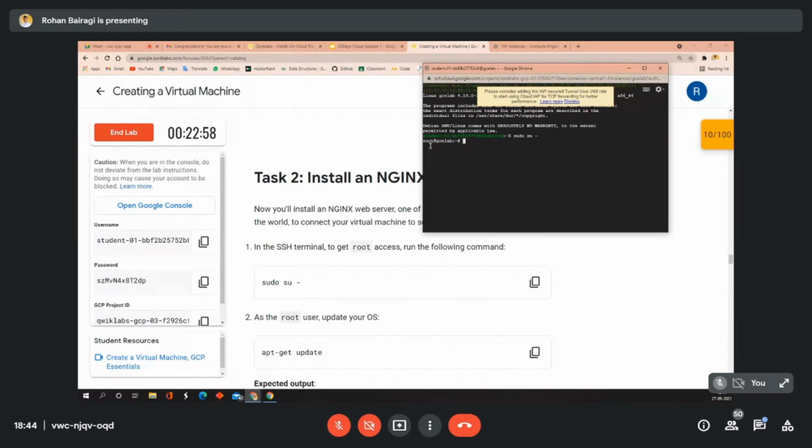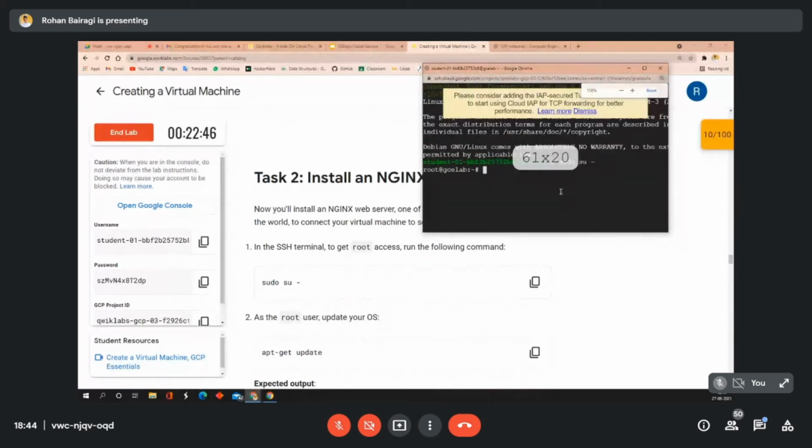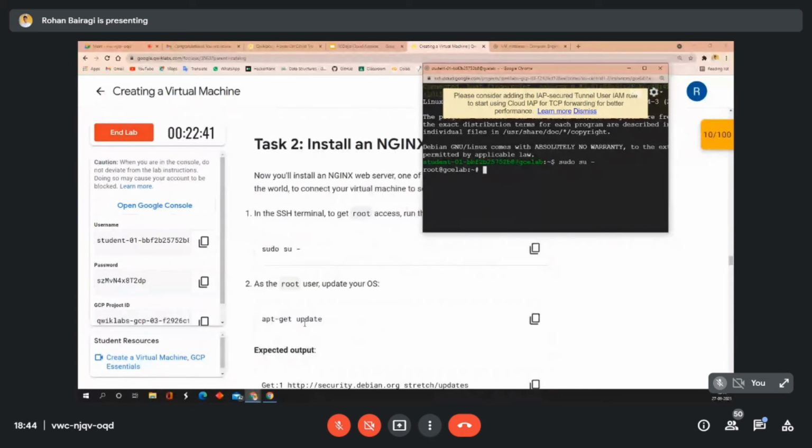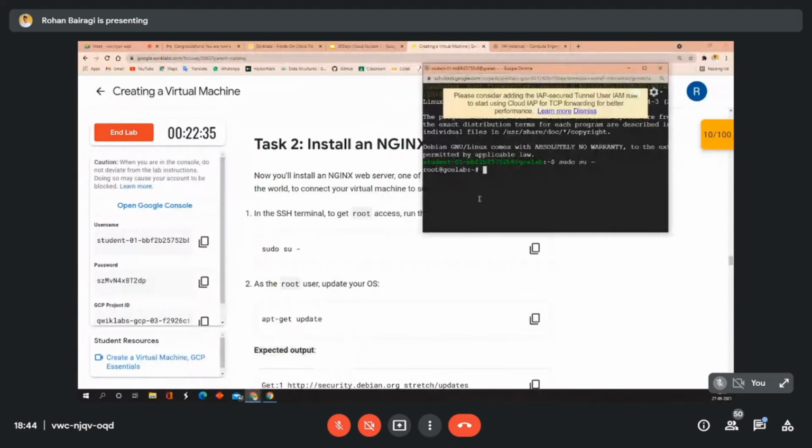Here you can see root@GCE lab. Then step 2 is, as the root user, update your OS. To update, just copy the apt-get update command, paste it over there and press enter.